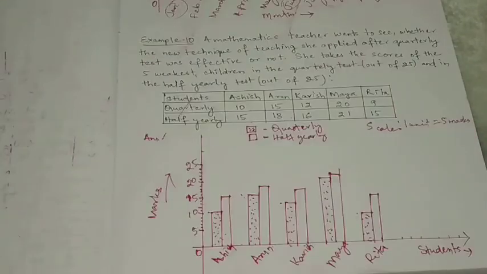So this is about your bar graph, and you will make this graph and you will do this exercise in your graph copy. Okay, if you don't have graph copy, you purchase that one, and you will do exercise 3.3, and the tried is given in page 71 in the graph copy.